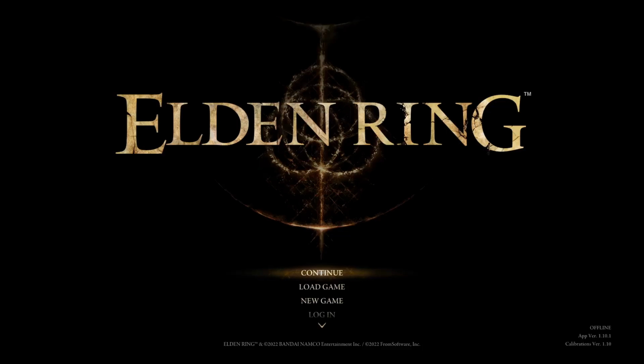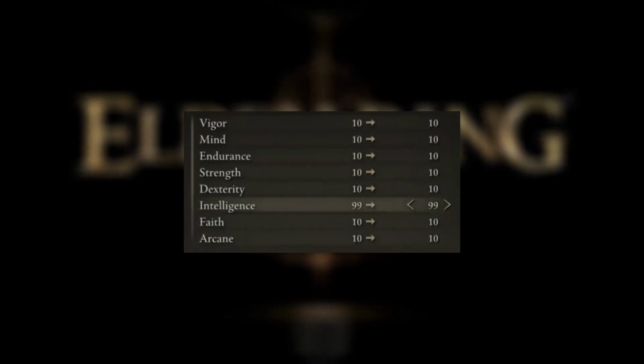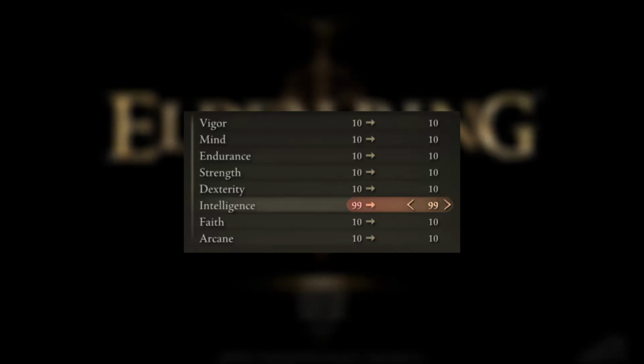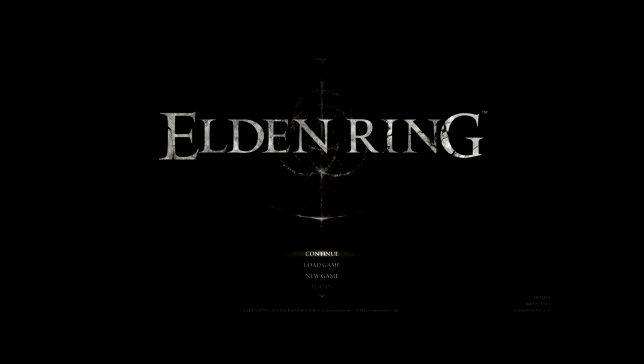Hello. We're gonna see if we can beat Elden Ring today with only 99 intelligence. This means no leveling any other stats besides intelligence at the start of our run. Now, this challenge is harder than you'd think, and I'll explain in just a second, but first we have to